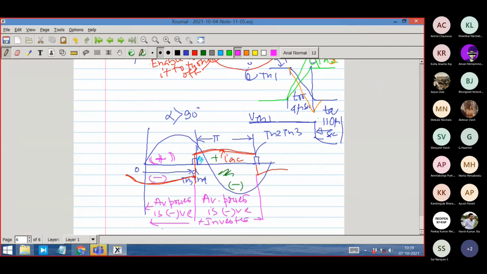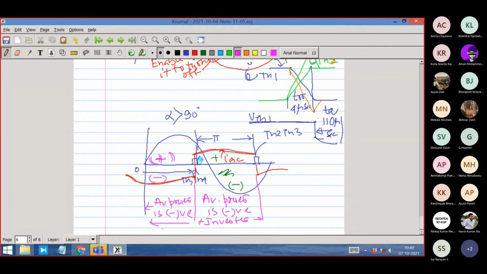This is called possible. By changing firing angle, I can go, but I am not changing the current. As far as the load current is concerned, it is not changing. Understand that this is happening due to change of voltage polarity. Okay, so in the AC side, you are giving firing at a greater than 90-degree angle. What does it imply on the DC side? Can anybody say what does it imply at the DC side?